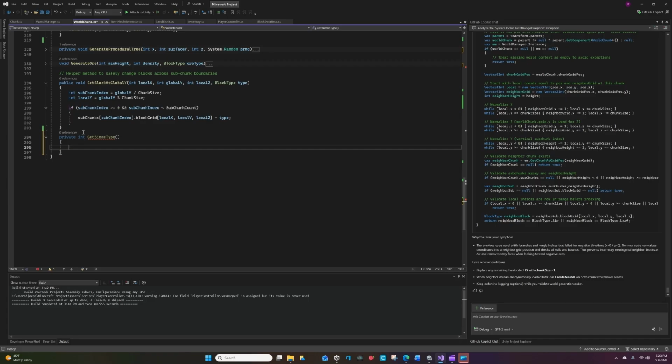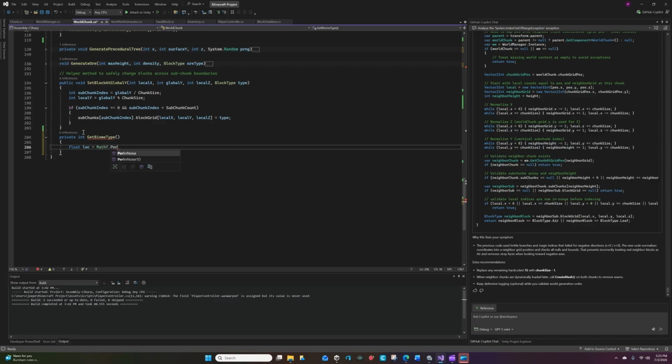So we're going to have a float. I don't know, we'll call it LOC for location, equals